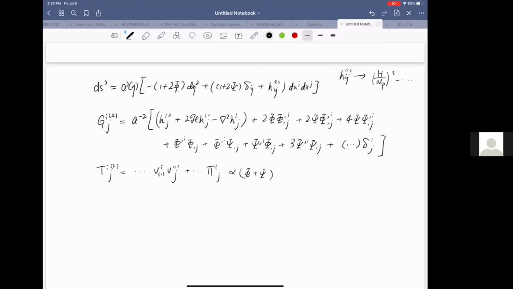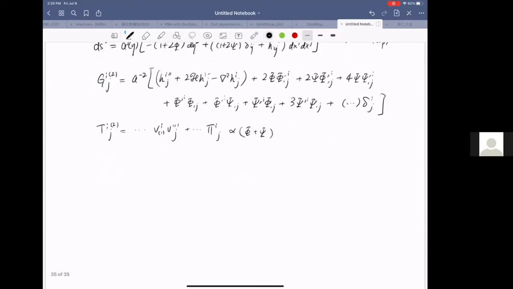So anyway, the equation of motion can be written in this manner. So h_ij prime is, as we said, we have to project it by this projector. The source term is